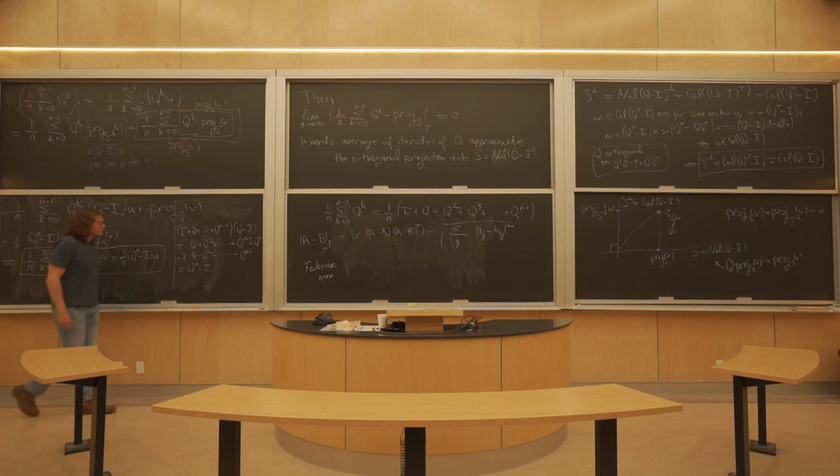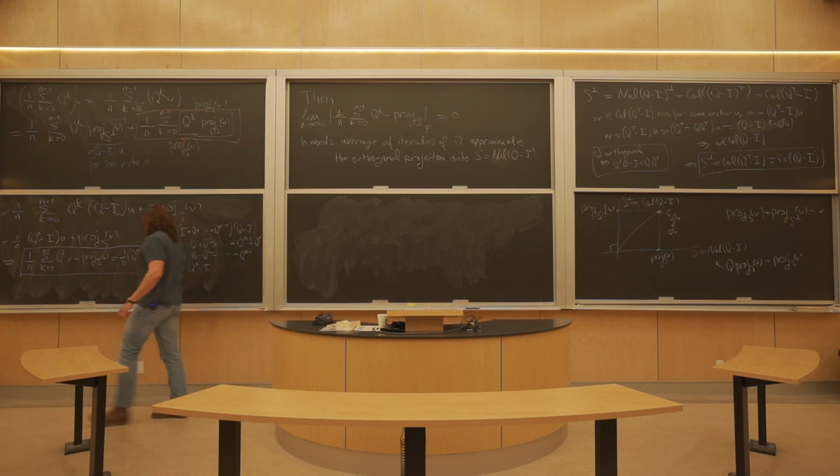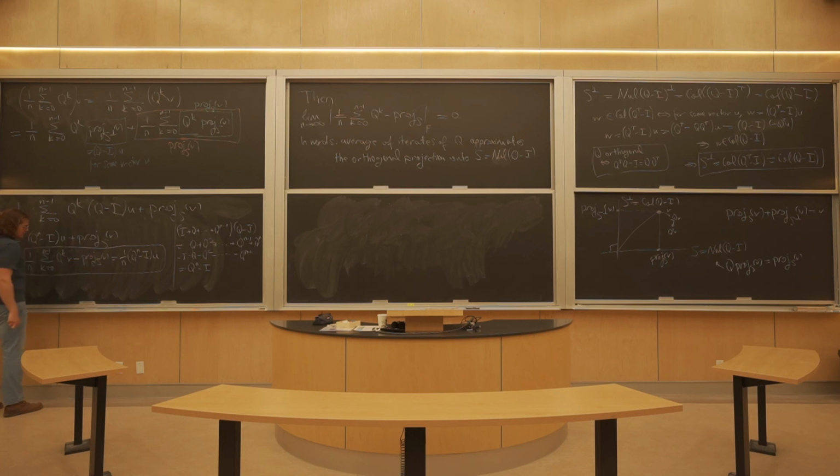Okay. Let me just erase this piece. Now, instead of using this Frobenius norm for matrices, I'm just going to use the standard norm for vectors. That is to say, here, I'm going to take the norm of this vector here. And because this vector is equal to that vector, the norm of the error is the norm of this vector. So from here, we have